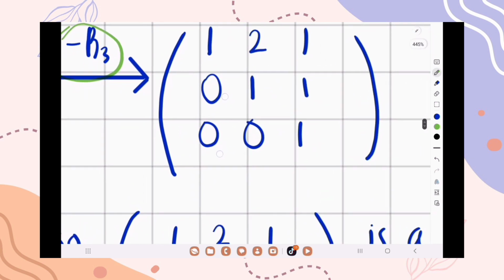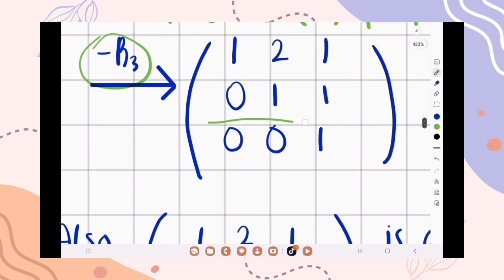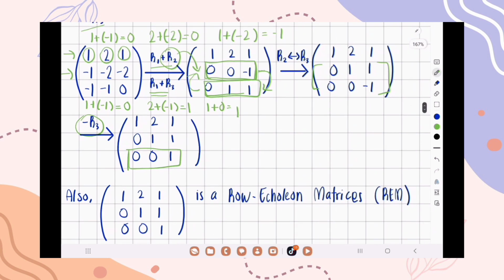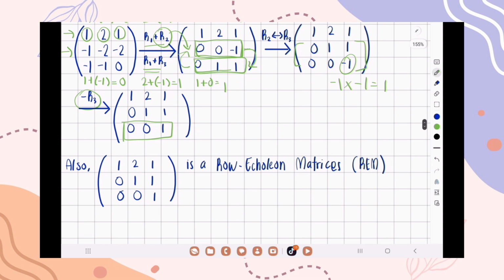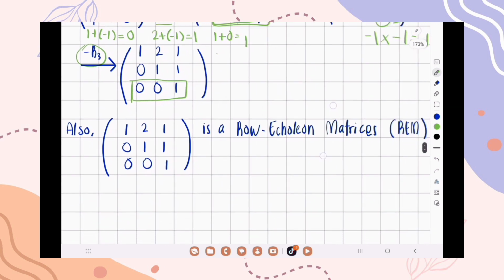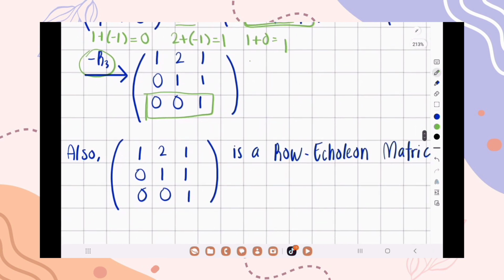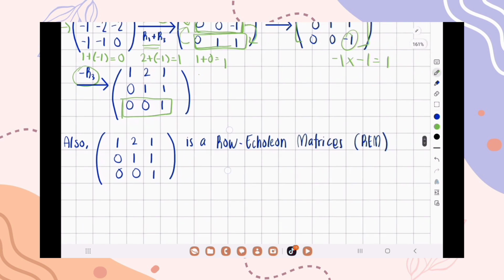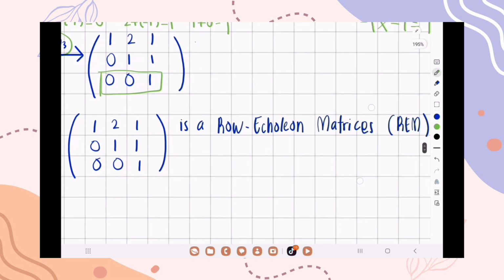As we know, row 3 will only change, so 0 and 0 remain, and then the negative 1 here will become positive. So this is our final answer. Our final answer would be 1, 2, 1, 0, 1, 1 and 0, 0, 1. Also 1, 2, 1, 0, 1, 1, 0, 0, 1